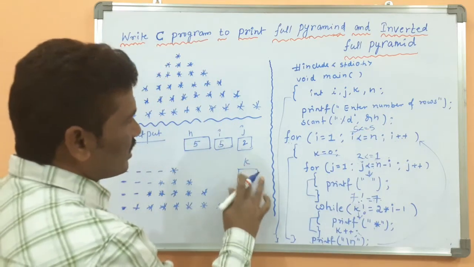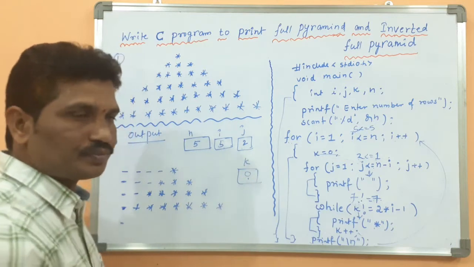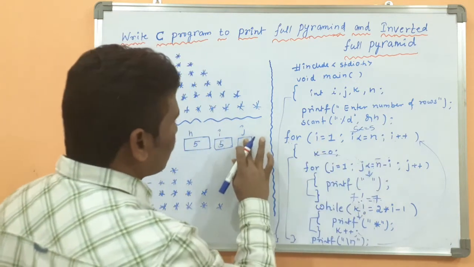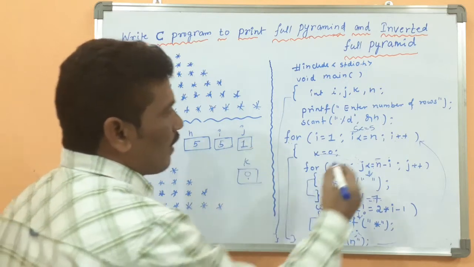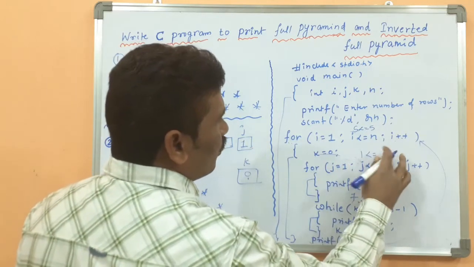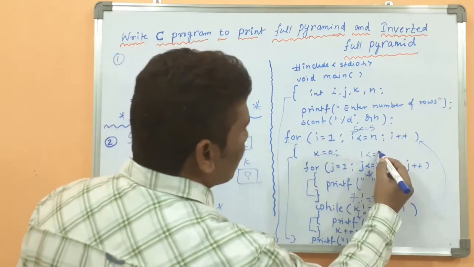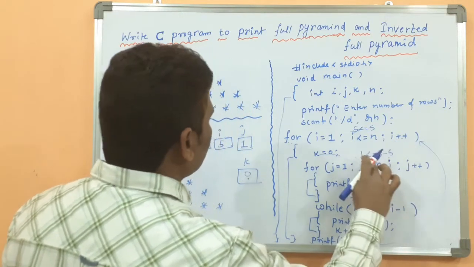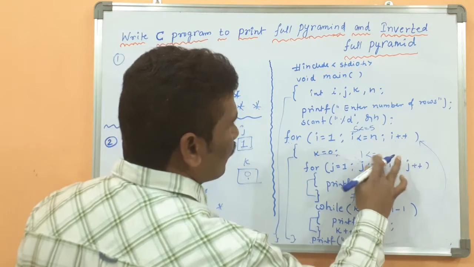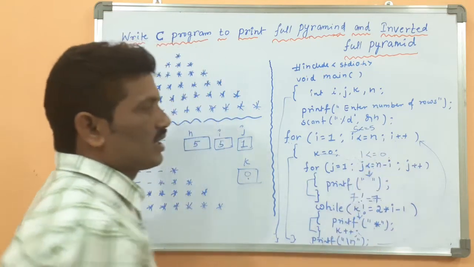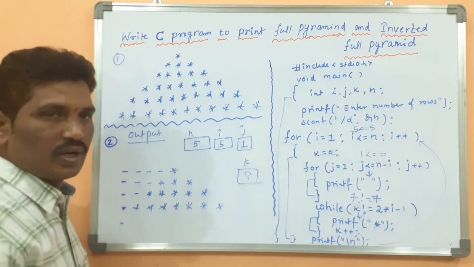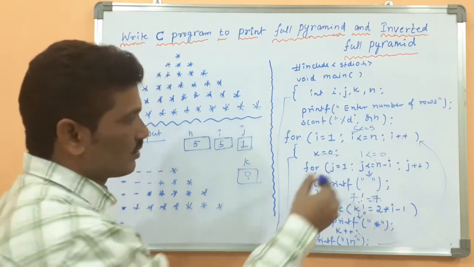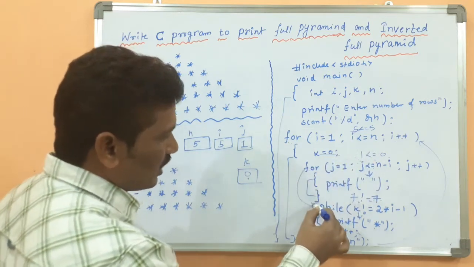Again the k value is reset to 0. Then here j value is reset to 1. 1 less than or equal to, what is the n value? It becomes 5. What is the I value? I value is also 5. What does it return? 0. 1 less than or equal to 0, does the condition return true or false? The expression returns false. 1 less than or equal to 0, the condition returns false. Then we come to here.